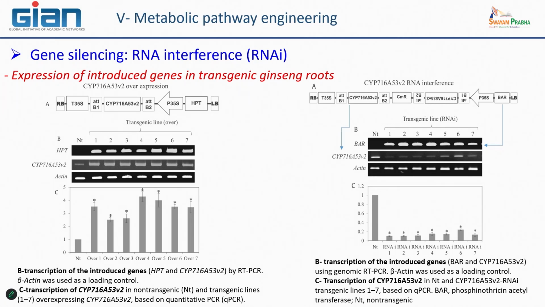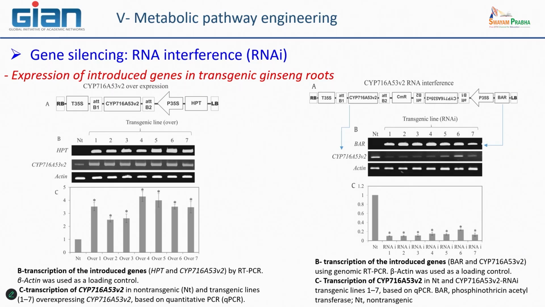So in general, what happens after? We quantified this transcript because here it's only qualitative, and we want to have a quantitative idea. You can see here in the control there is a lot of mRNA corresponding to the CYP gene, and here only line 6-1 is able to have a little bit more RNA than the others. There is never completely no RNA, but you may have a very, very small amount that is quite equivalent to none.